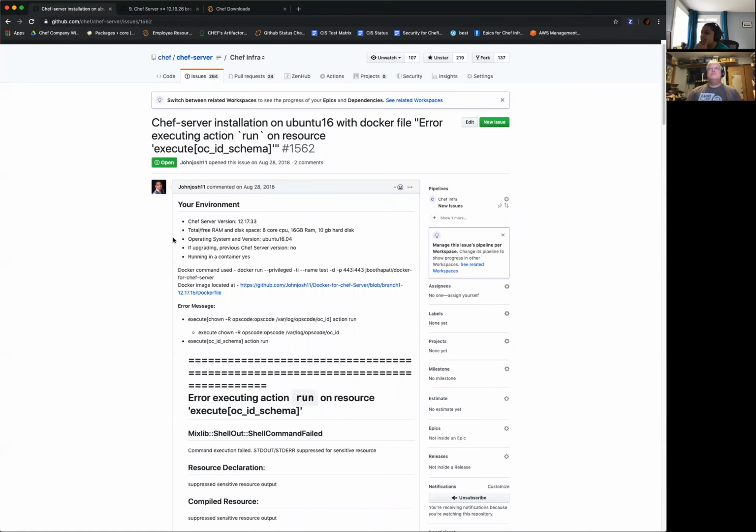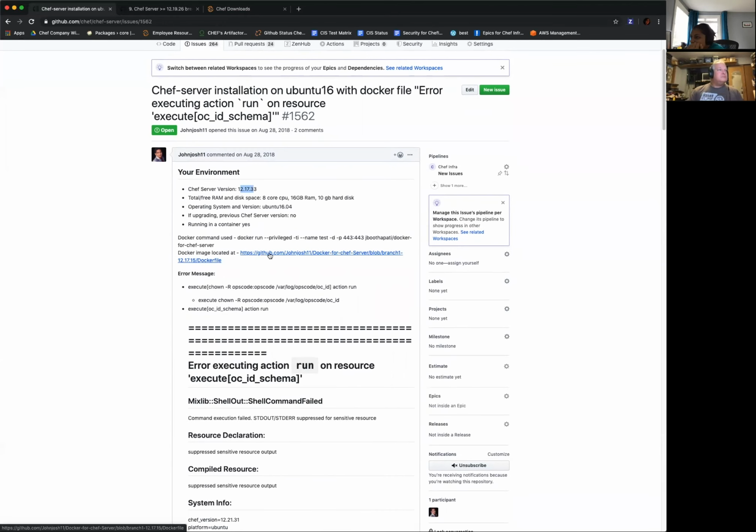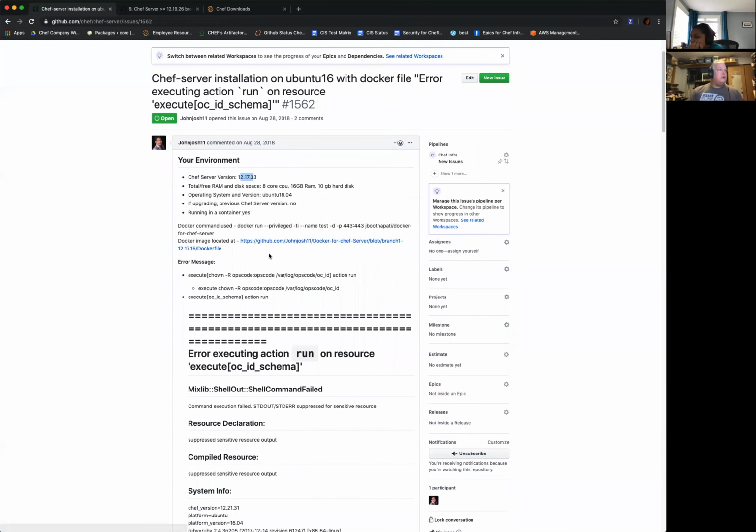Okay, chef server installation Ubuntu 16 with Docker file, error executing action run on the resource execute OCID schema. This is 1562. Oh, Docker. It's on Docker, yeah.